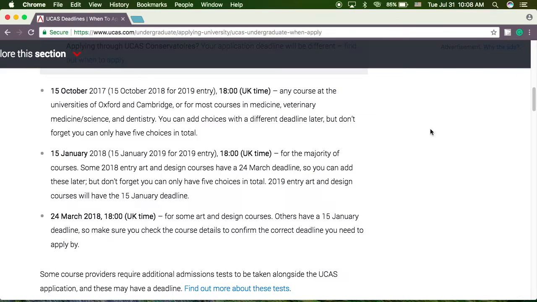Before moving on to the actual application process, it's important to understand what deadline applies to you. So if you are applying to the University of Oxford or the University of Cambridge, you have to apply by the 15th of October. This also applies to you if you are applying for courses in medicine, veterinary medicine, or dentistry. If not, then your deadline is most likely the 15th of January, or the 24th of March if you are applying for some art or design courses. So it's good to figure that out before starting your application so that you know how much time you have